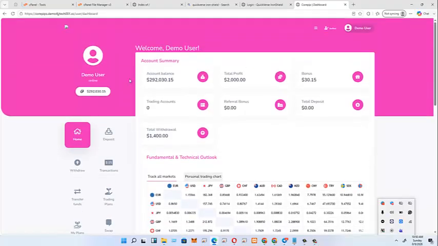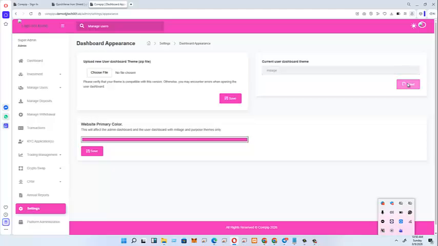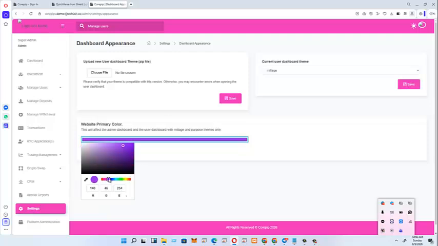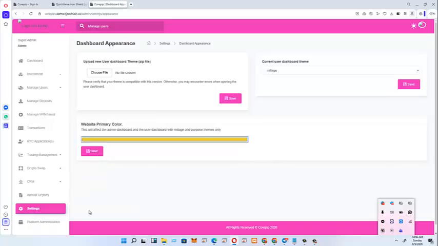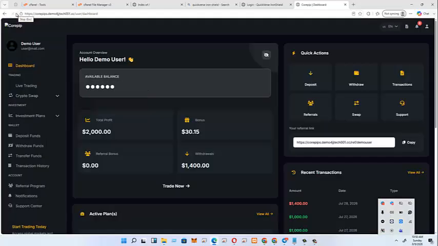Now let's look at the second one. Let's see how that one goes. So we'll go back here and change this to mileage. Second one is mileage. All right, so it has been changed to mileage right now. Although the mileage dashboard doesn't really get the color, this other dashboard gets the color. So this dashboard was made to be black, with a dark background and everything. The other one was made so that it can be changed from one of these